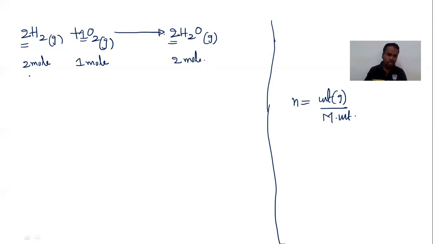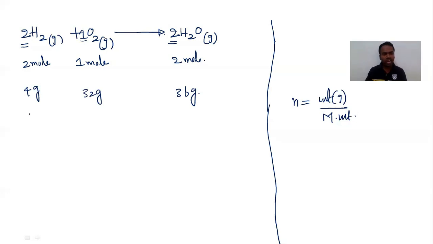So see here, what is the weight of 2 moles of H2? Number of moles times its molecular mass. 2 H2, total 4 hydrogens are there, total 4 grams. What is the weight of 1 mole of O2? This is 32 grams. Each oxygen is 16, so 32 grams. Here each water molecule is 18 grams. Here 2 moles become 36 grams. So this is the way I convert moles to weight.